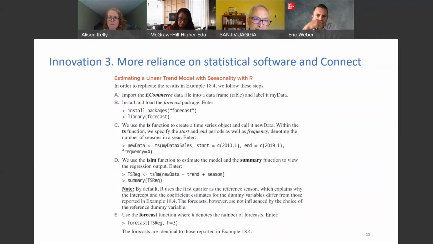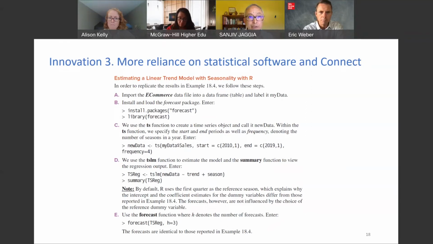Again, in this particular case, we use a built-in package called forecast. And once you're using the package, for example, you have quarterly data. If you were to make forecasts, you have to first create dummy variables for each quarter in Excel. You don't have to do any of that in R. Once you have read the data as time series, R will know that it's quarterly data. So when you say, run this regression with trend and season, R knows what to do.